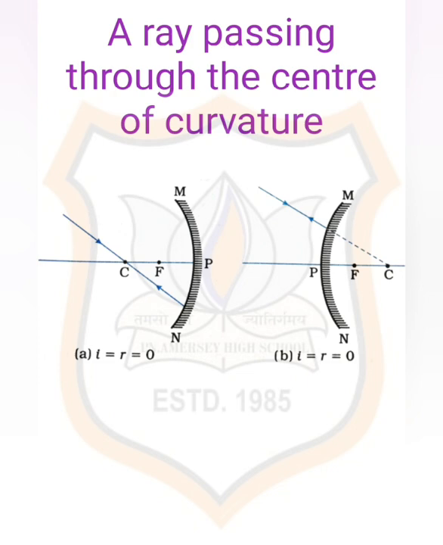Now third case, when a ray is passing through the center of curvature. Observe both the diagrams carefully. So when a ray passes through the center of curvature of a concave mirror, that is first diagram, and a ray is directed in the direction of center of curvature of a convex mirror, that is second diagram, after reflection the rays are reflected back along the same path. As we are observing in the diagram, the rays are going back to the same path from which they have arrived, because here i is equal to 0. Hence r will definitely be equal to 0.